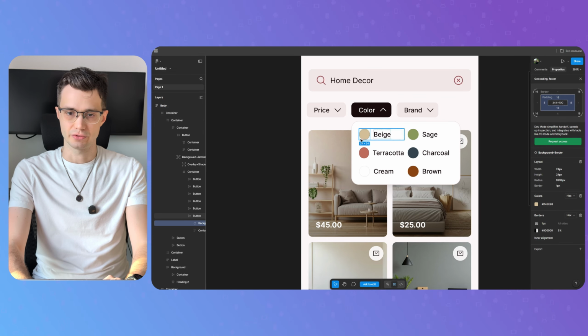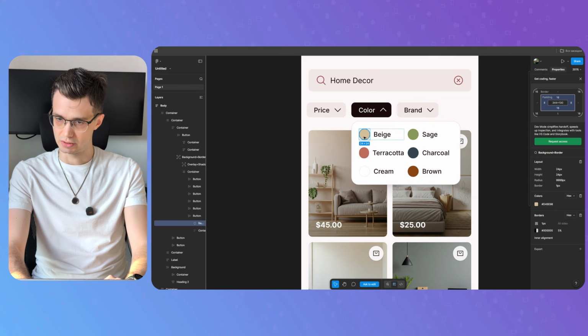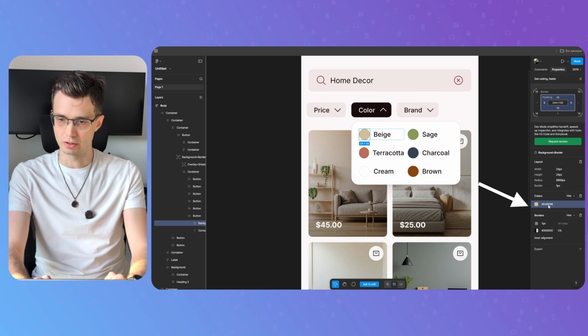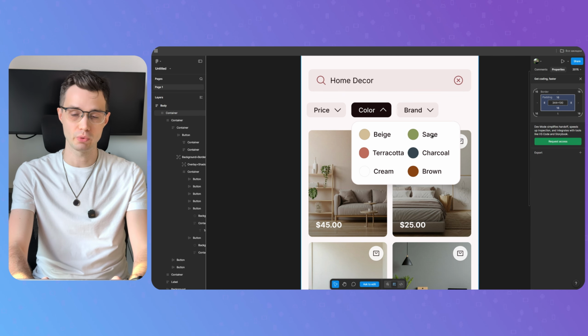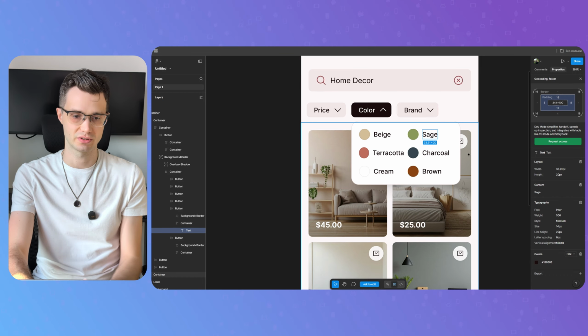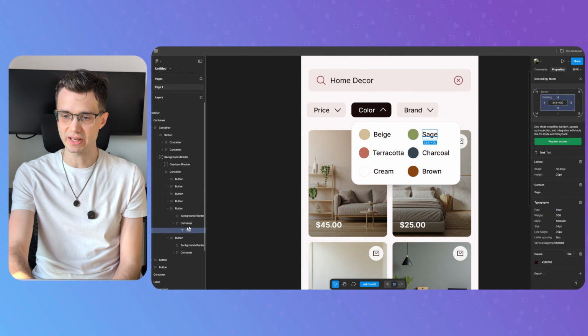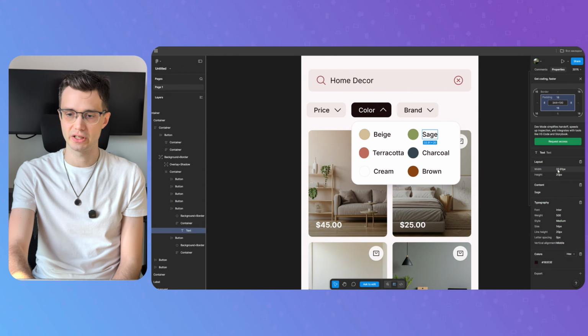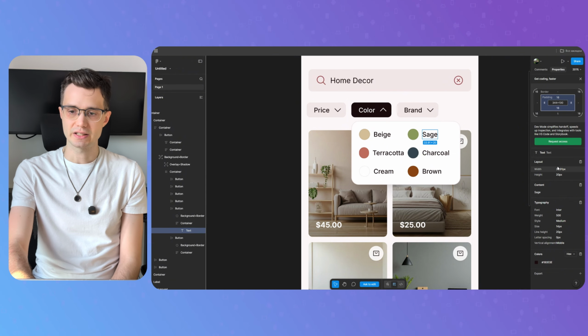For example, that small element has that color. If we work with text, we can find more specific properties only for text. We can find not only height and width, but also